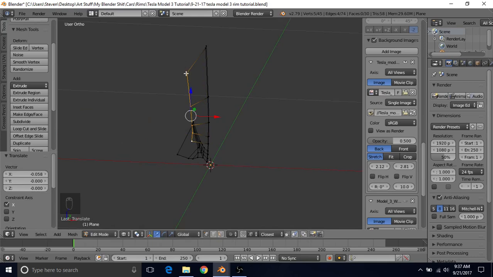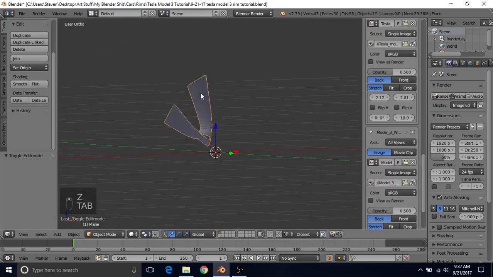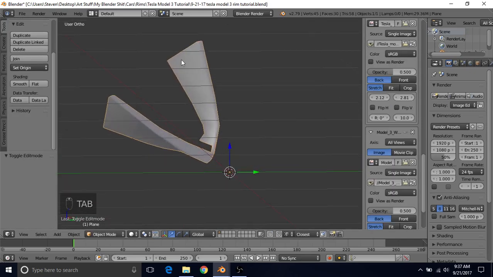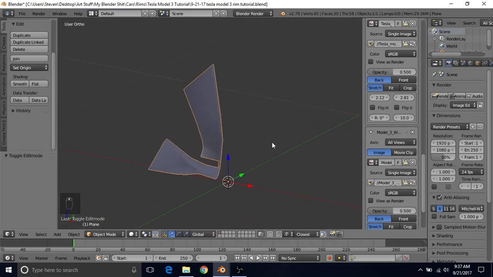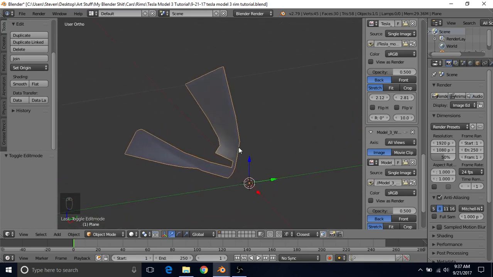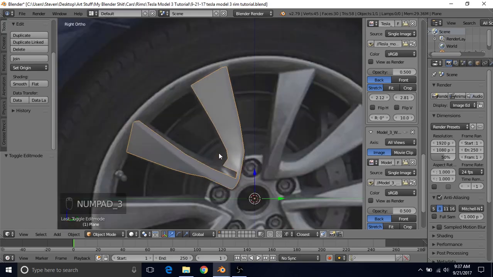Since these points are supposed to be a little bit closer than this point, we're just going to move it a little bit closer. Not too much, because I don't think it's that much closer to us. But now we have this sort of effect right here, which looks okay. But we may have to move these points down here,